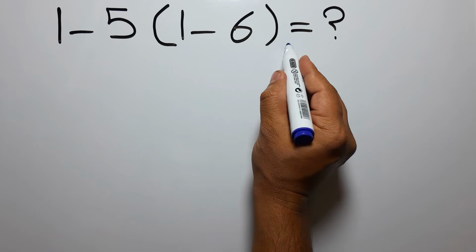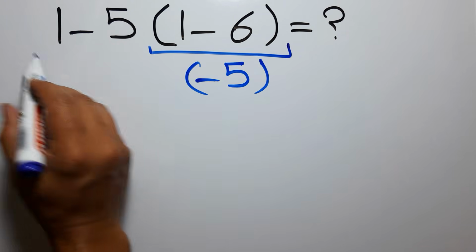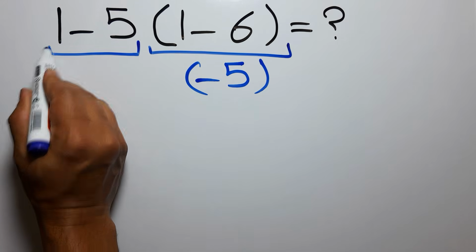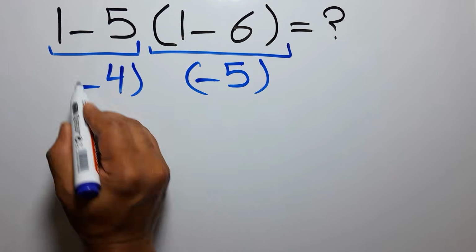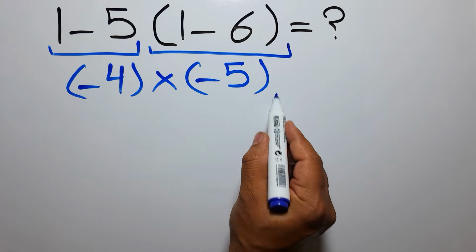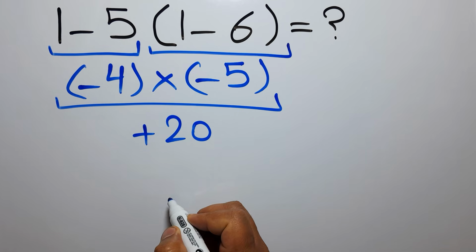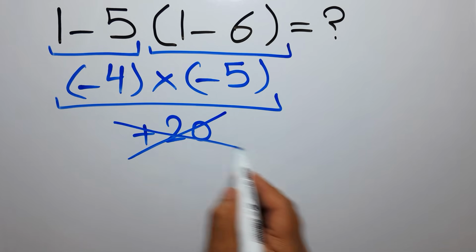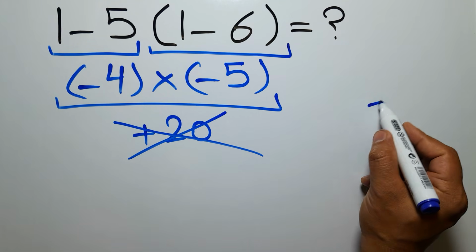1 minus 6 gives us negative 5. And here we have 1 minus 5, which equals negative 4. So negative 4 times negative 5 gives us positive 20. But this answer is not correct, because according to the order of operations, which is PEMDAS,